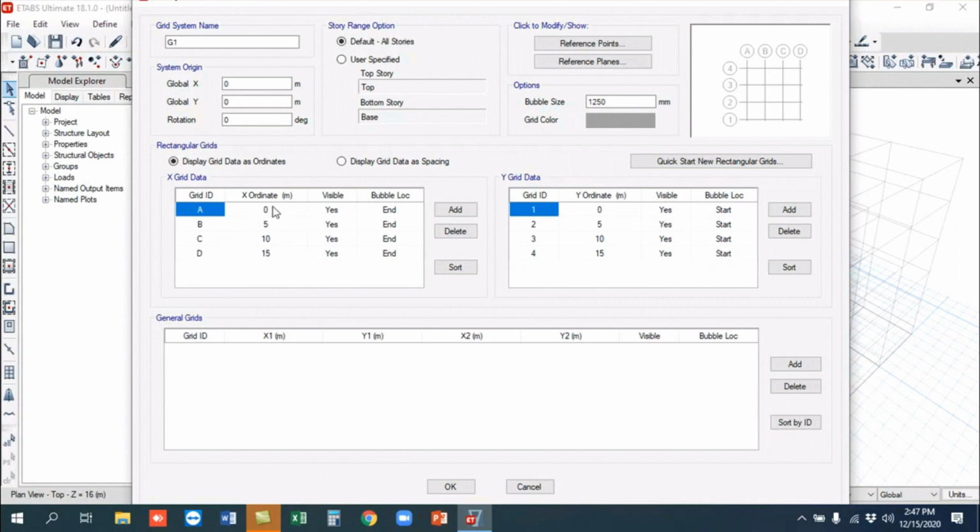So using the display grid data as coordinate using the count from the origin. What is the distance of the grid? But here we just mention based on your drawing what is the distance. You just type what is your desired distance. For example here 5. The origin is 0, 0. We are going to